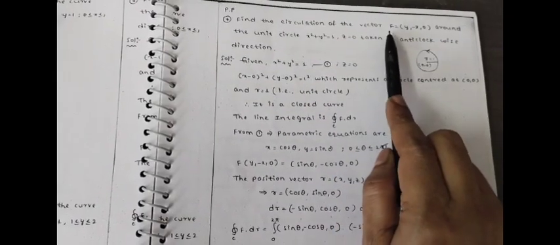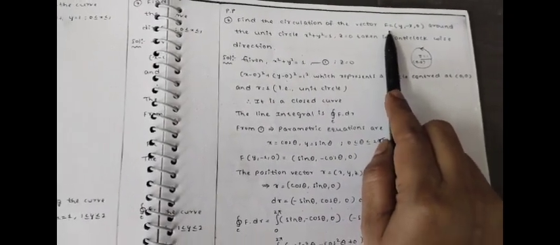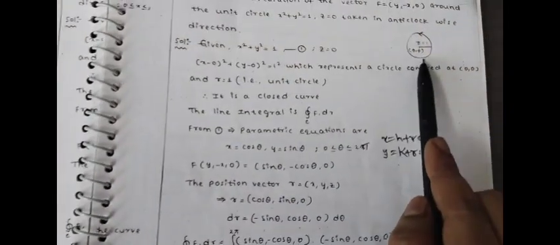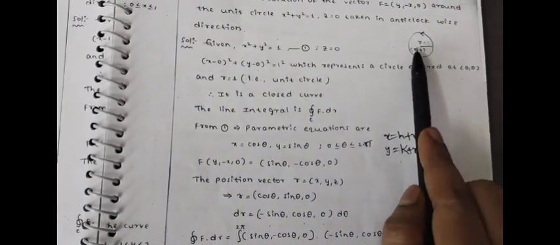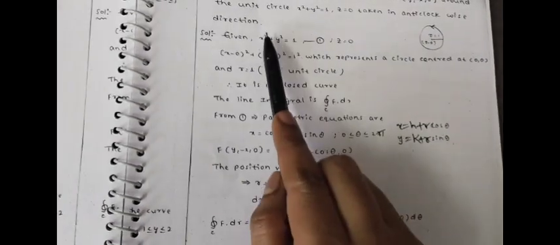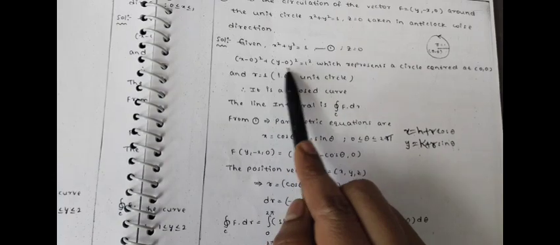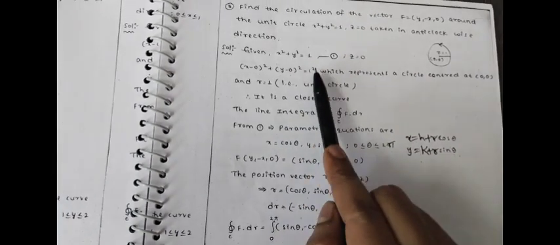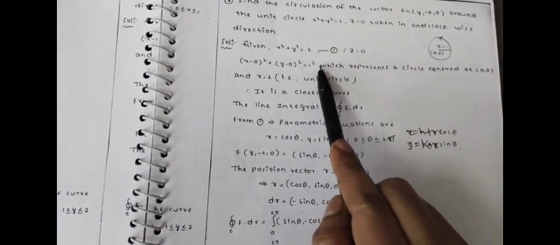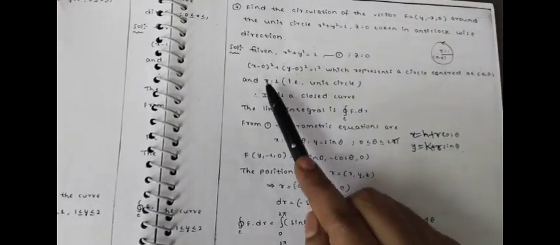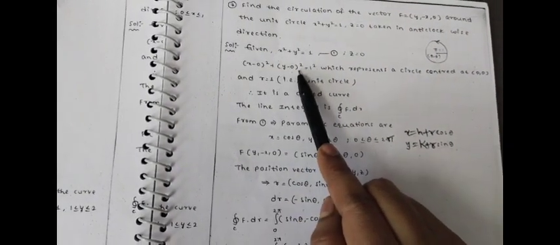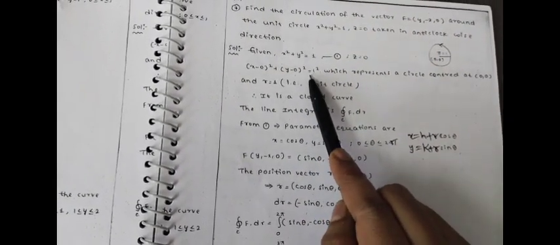So here also we need to find what? Line integral obviously. So what is given? Unit circle equation is given. So what is unit circle now? R equals to 1 and whose center is 0 comma 0. So convert this circle as x minus h whole square plus y minus k whole square equals to r square. This is the circle equation whose center and radius are given. Whose center is what here? 0 0, h comma k is 0 0 and r is 1 here.